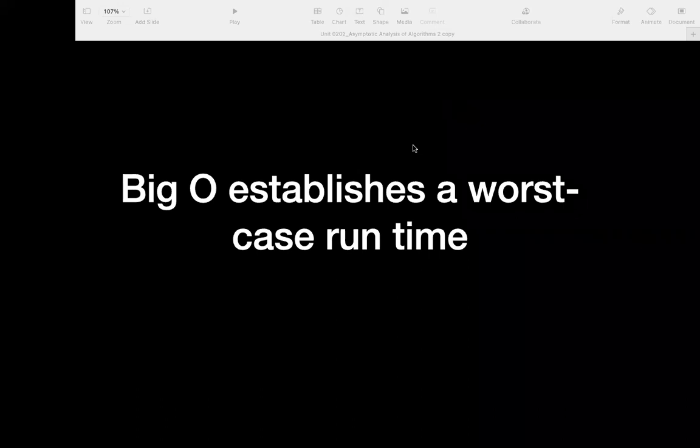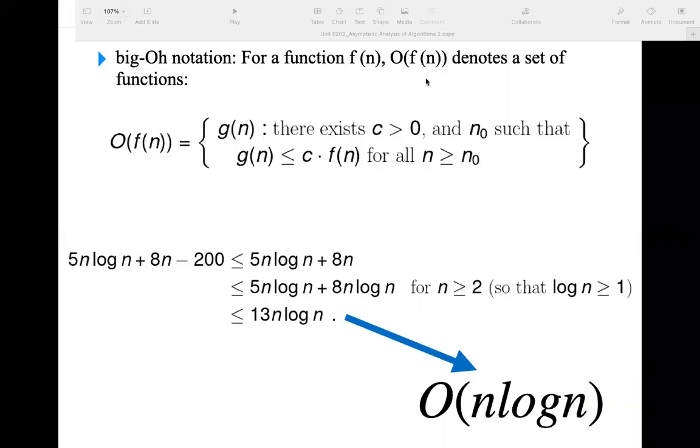Perfect. So let us look at a small mathematical way of representing and calculating the value of big O from the mathematical expressions. Now, as we discussed in the last lecture or the last to last lecture, we said